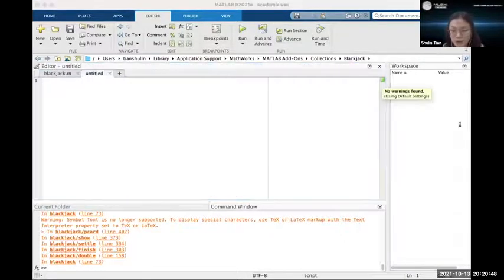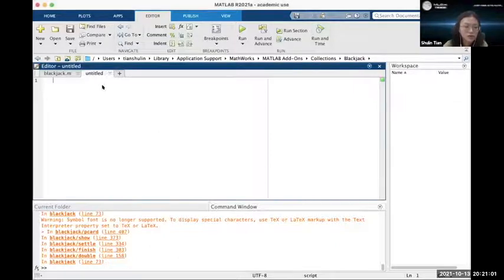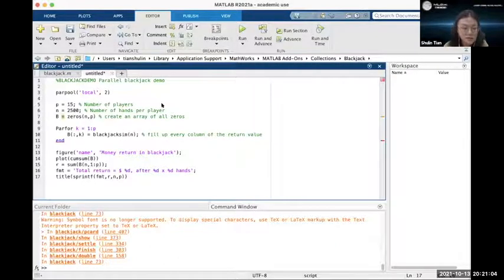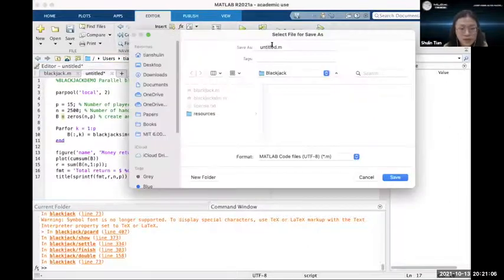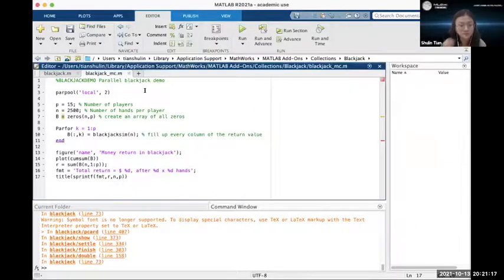Okay, I will show the codes I have showed you before here. We can use Monte Carlo. Okay, I just paste the codes here. Here is, and I save it as Blackjack Monte Carlo. Save. Okay, if we run it,